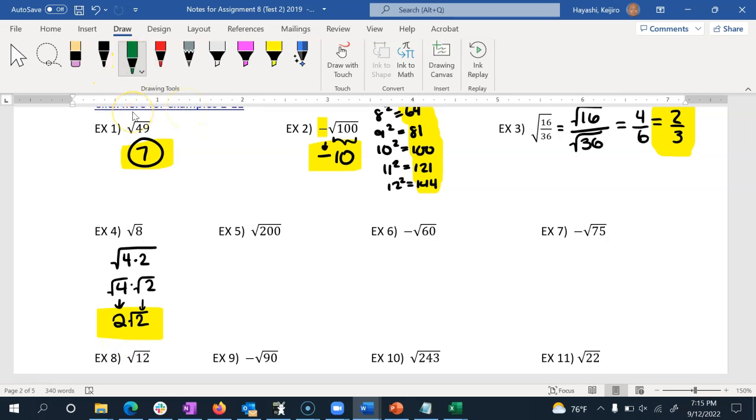And if you were to actually take 2 square root of 2 and multiply it by itself, in effect squaring it, 2 times 2 is 4. Well, here, you don't actually have to do this part, but the square root of 2 and the square root of 2 would become